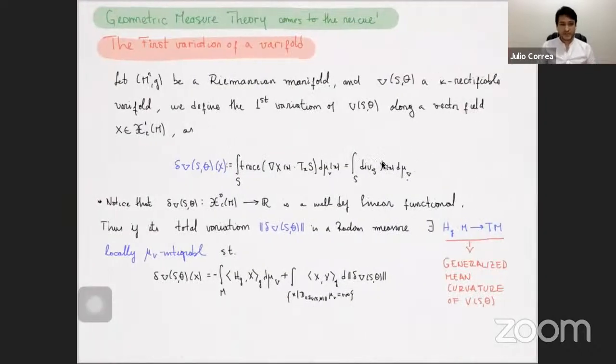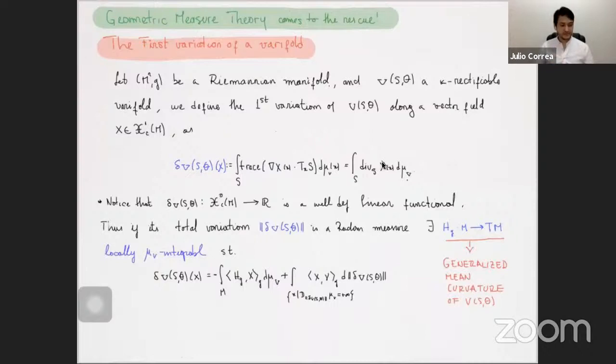Then I have two things to notice for you. I can extend every C1 compactly supported vector field by a C0 vector field, so I can extend this first variation delta to be a well-defined function, right? Thus, if I consider the total variation of this functional, I know from the Riesz representation theorem, the Lebesgue differentiation theorem, the Radon-Nikodym theorem, basically every theorem concerning differentiation of measures in measure theory, that there exists